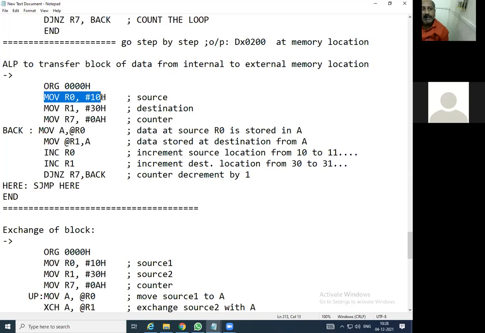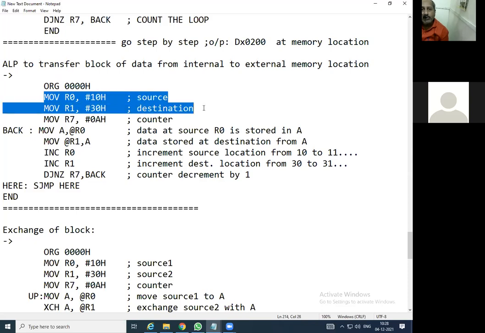After that, we have assumed two registers for source and destination. Here, as you can see, register R0 we have taken as the source and R1 as the destination.